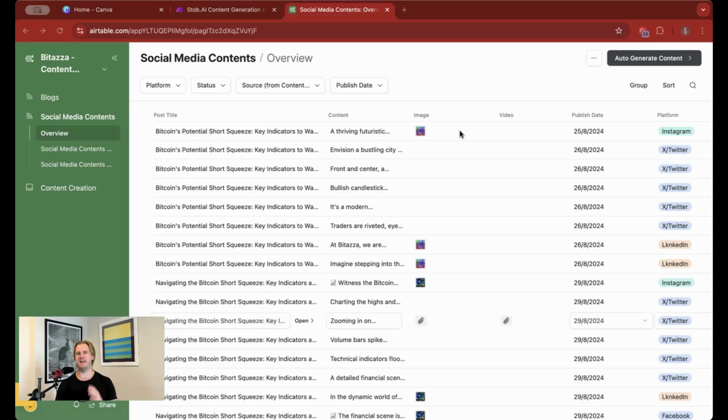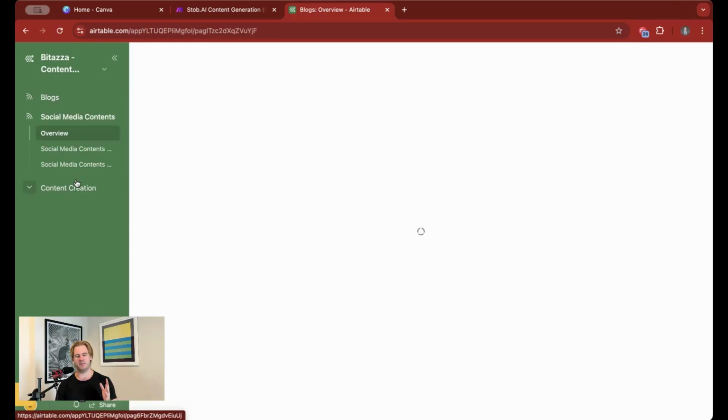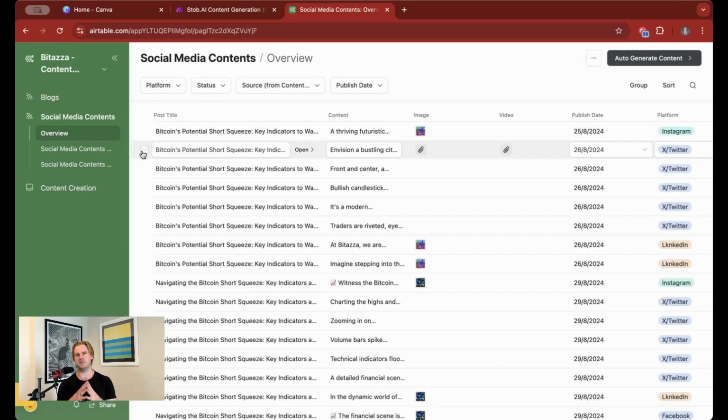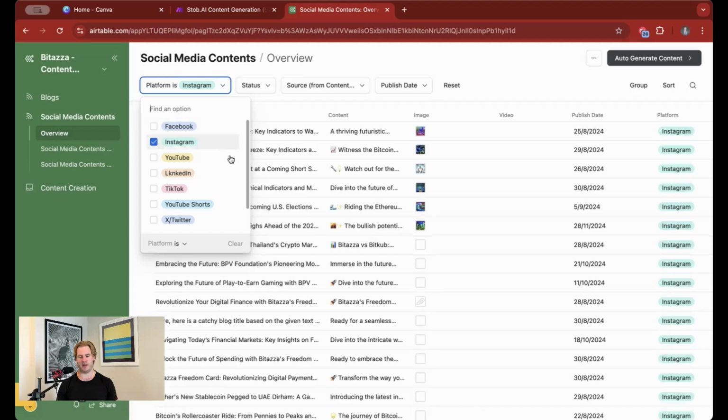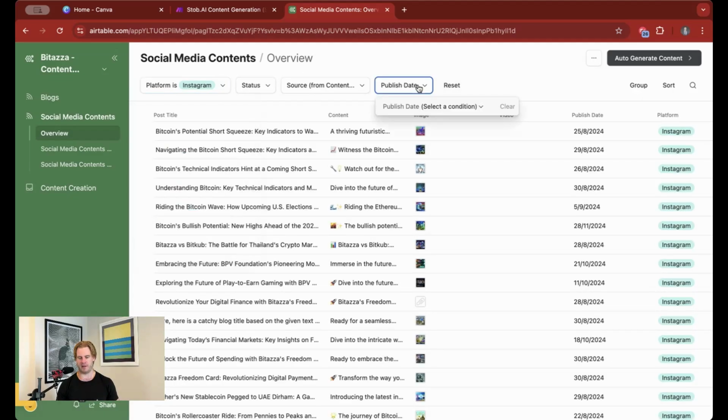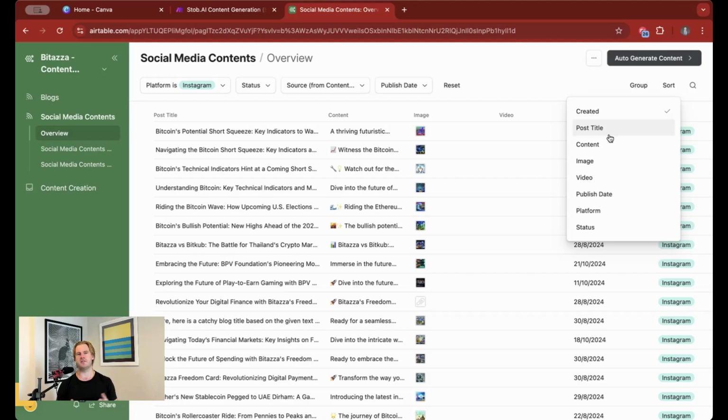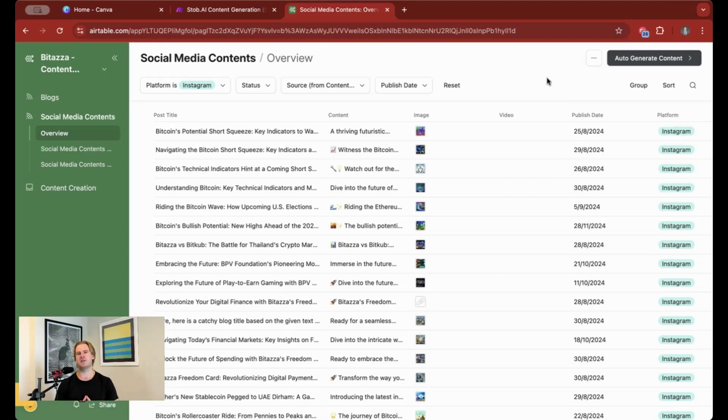So this is the interface I'm going to build today. Last week, we focused on blogs. So I showed you how to build the interface for blogs. But this week, we're going to focus on social media. We want to build a social media content management system whereby we have the capability to sort by platform. We might want to sort by publishing date. And all these are the features that you'd find in the most popular content management systems on the planet right now to compete so that our clients or our business will be very happy and satisfied